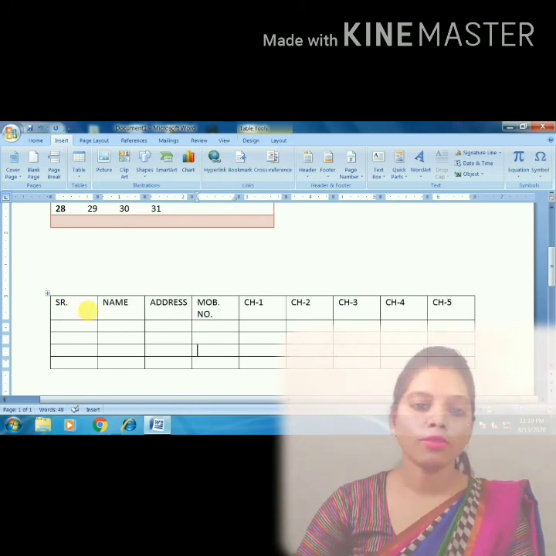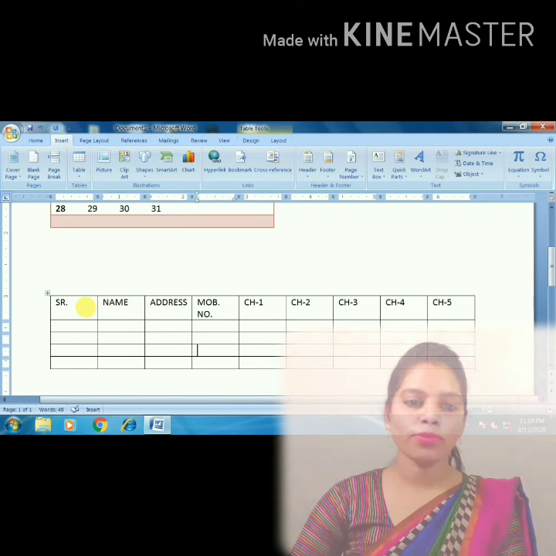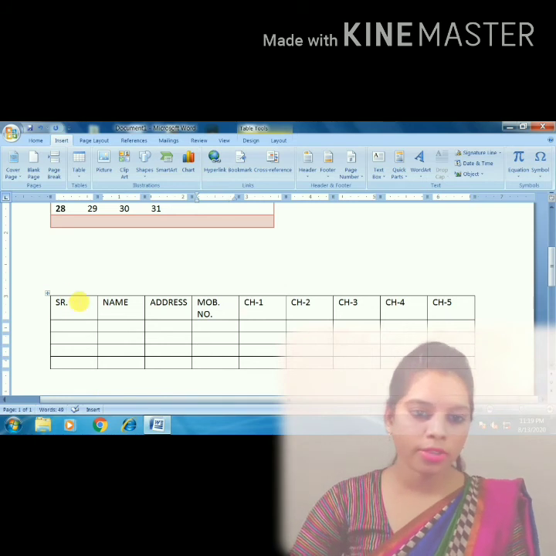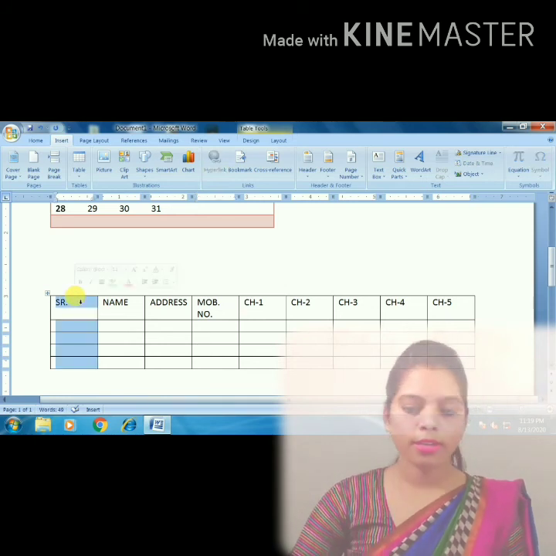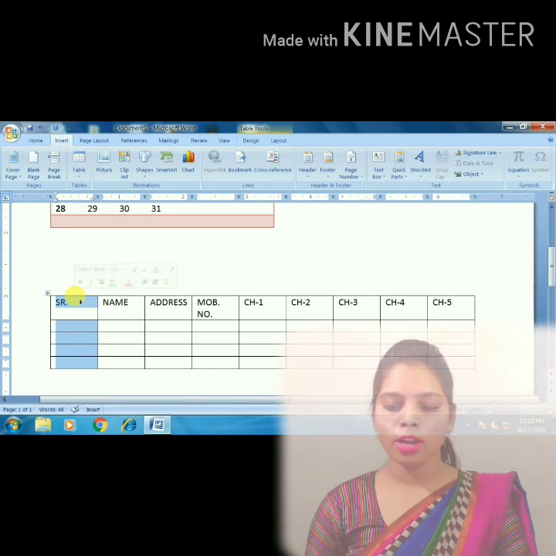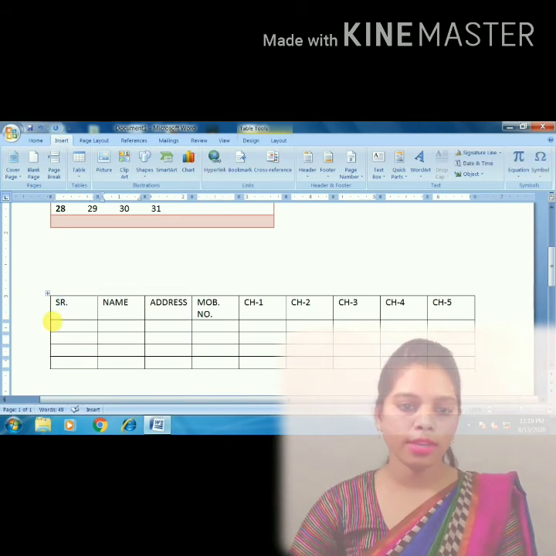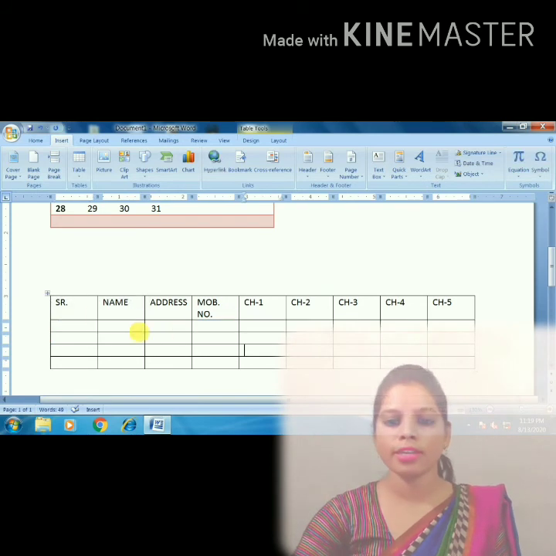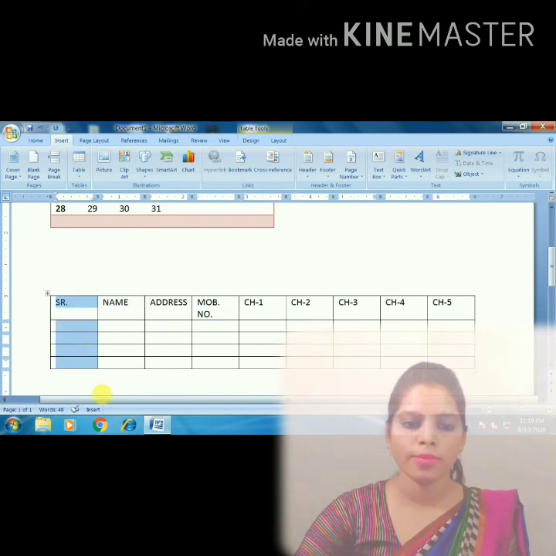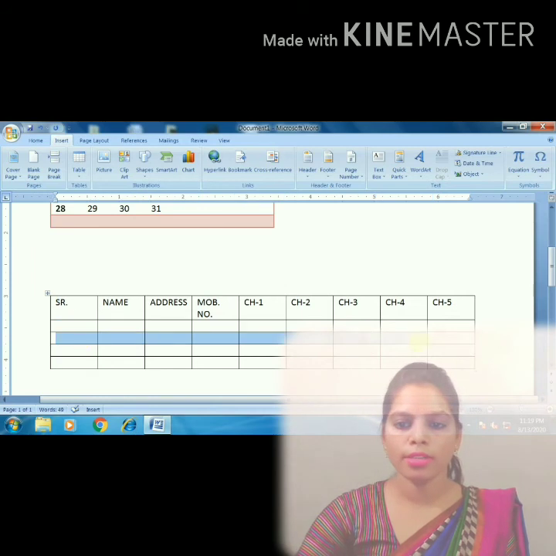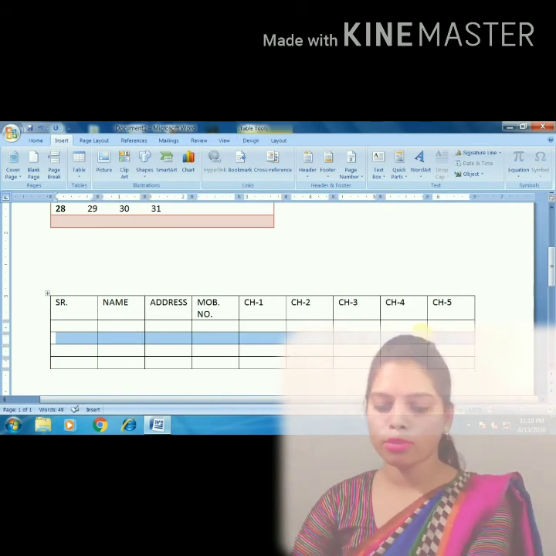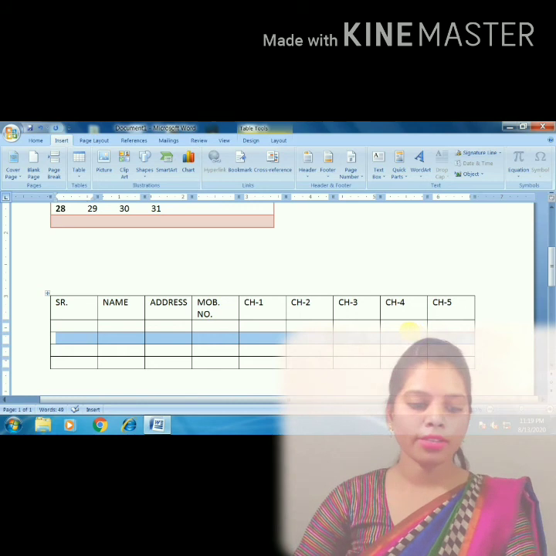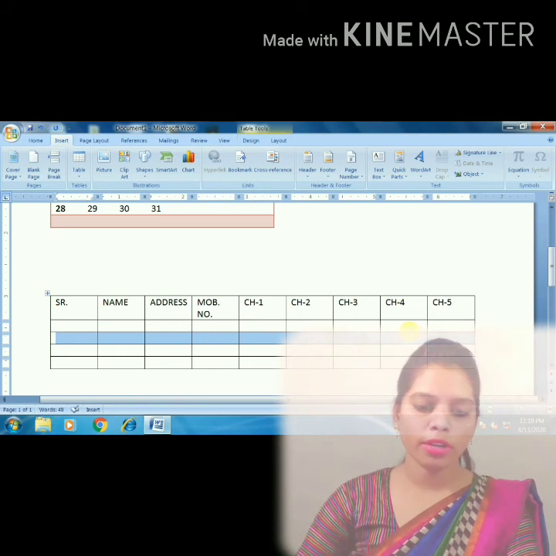To select the item, let's see how to select any column. So, if you want to select this column, for that click over here and it will select it. Select the column and row. Suppose you want to select any row, for that click over here. The whole row will get selected, and we can select it by clicking over here like this, by dragging the mouse pointer.